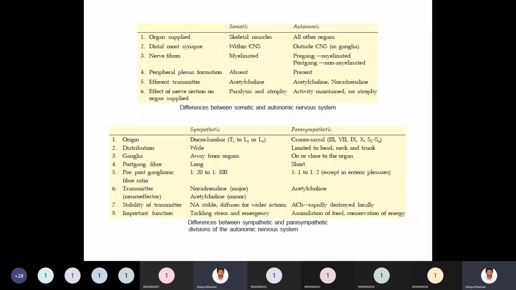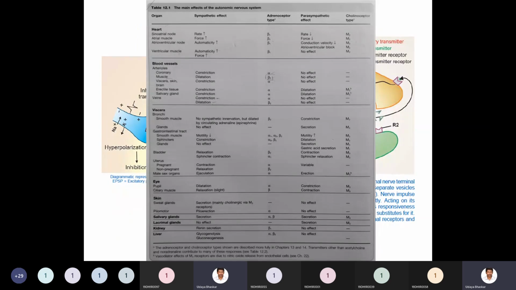So I have asked you to remember the innervations, to which organs, which type of nervous system is innervated, right? From where the sympathetic nervous system as well as the parasympathetic nervous system emerge out of the spinal cord, the regions. I should remind you that I have asked you to refer to Rang and Dale for receptors, what receptors are present at what organ, and what their action is when it comes to parasympathetic as well as sympathetic.